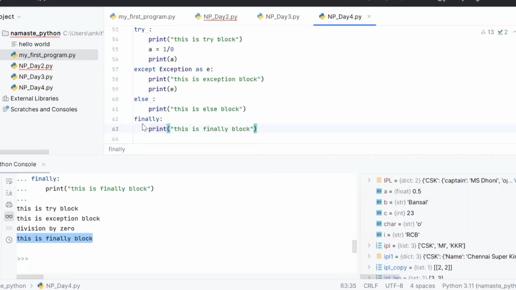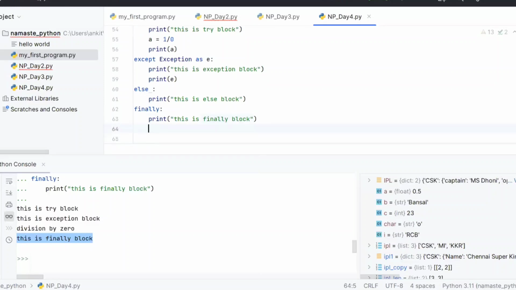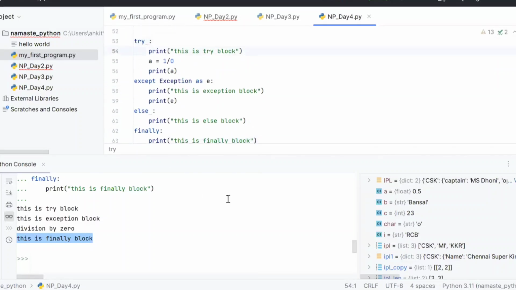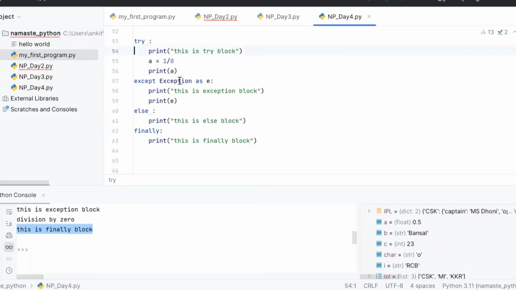Okay, the usage, how we use this, any doubt? Ankit, can we give multiple exceptions here? Because the exception that you've given is a generalized exception, right? So any error that comes will go in that exception block. Suppose we want to describe our code, like if it is divided by 0, it is one exception, or file not found, we can give one exception for each. Yeah, we can give. There are different exception types like divide by 0 or file not found, or there are hundreds of exceptions. You can give specifically that one.